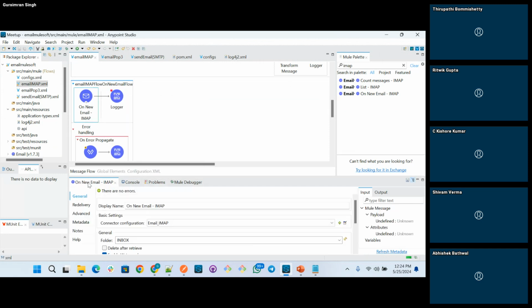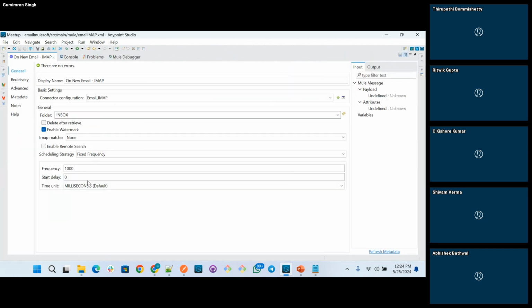Okay, yes, correct. So if we send another email after the 10 emails are read, the new email will be read here, only if we enable the watermark. Internally, can you tell what it uses for this watermarking?